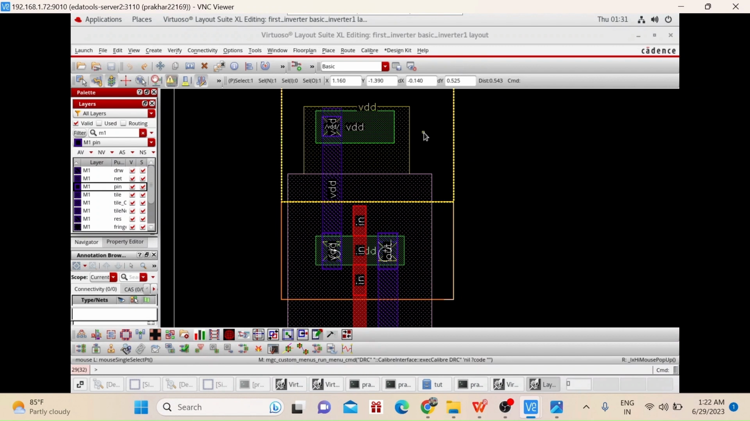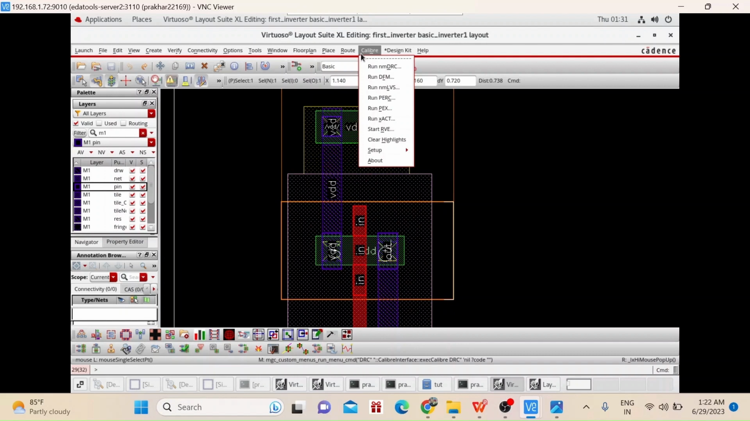So what is LVS? LVS is basically layout versus schematic. Before that, let me describe in brief what LVS is. The purpose of LVS is to verify that the layout, which represents the physical implementation of the circuit, accurately reflects the intended functionality described by the schematic. It checks whether the connections, sizes and properties of the components in the layout match the corresponding elements in the schematic. Further, for that just press run nmlvs